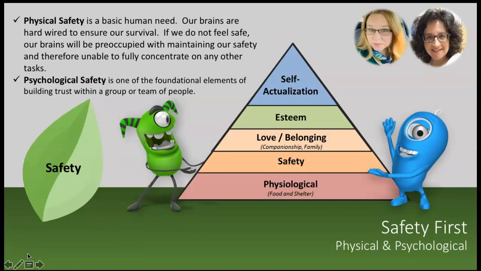So let's start with psychological safety and physical safety. We start there because, as you can see in Maslow's hierarchy in the triangle, safety is one of the foundational needs that humans have. So when we think about psychological safety as a component of safety, it can be hindered when there's sarcasm, lecturing, put-downs, outbursts, public humiliation, negative voice or body language, unfairness, blaming and shaming. Things like that really hinder our ability to establish a psychologically safe environment.